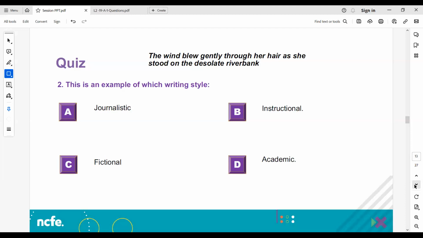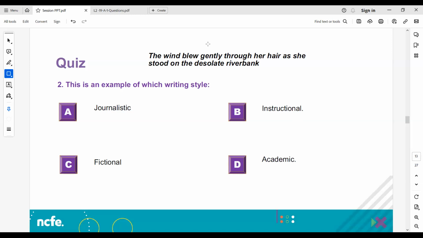So can you see the difference between that fictional writing and how something similar could be written in a news report? Does that make sense? Is anyone unsure about that, or is that okay? Please let me know if we need to spend more time on it. Okay. Yes, I don't get it very